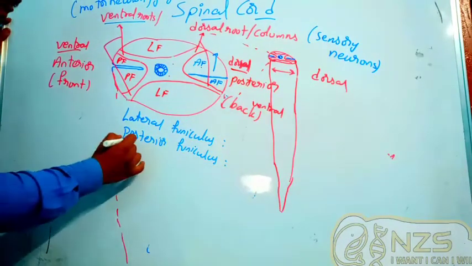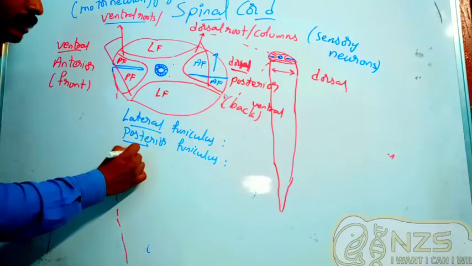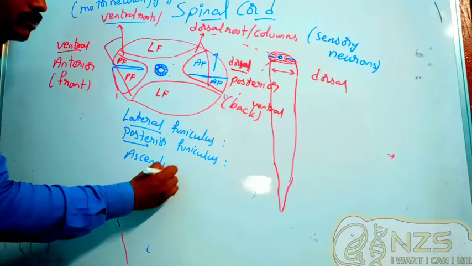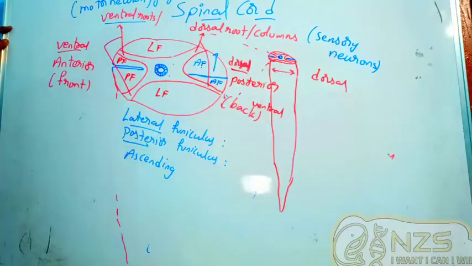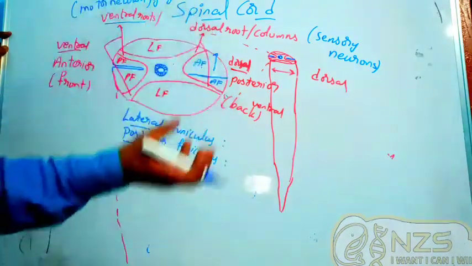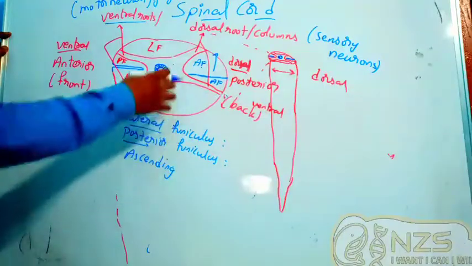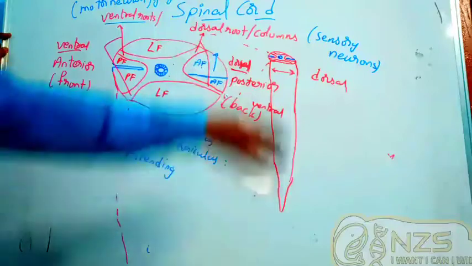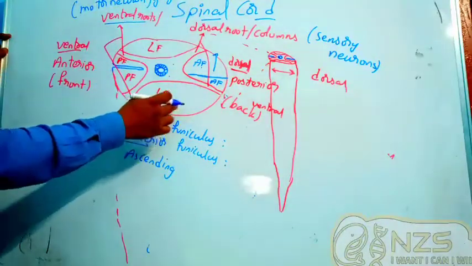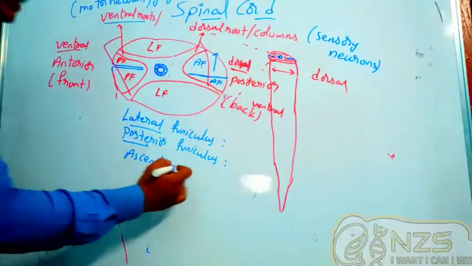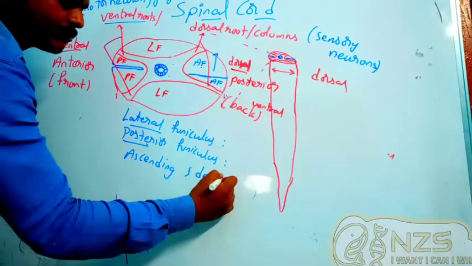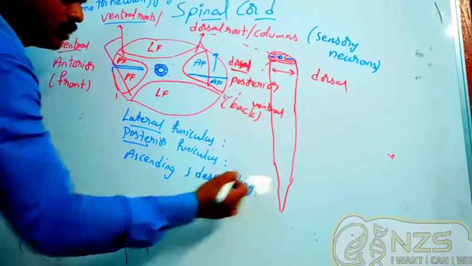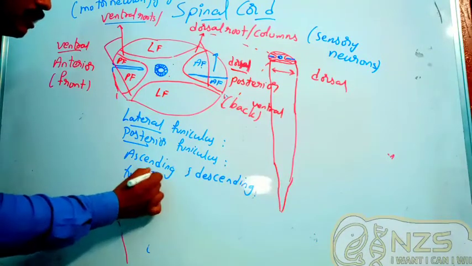Now what are these things? These lateral and posterior funiculi have both ascending and descending neurons. They have the tuft of nerve fibers, like in the cerebral peduncles or the cerebellar peduncles, where the nerves form a batch, a tuft. So here also the white matter is forming a tuft. The tuft is going up and down. Here it goes only up, only ascending, but here the tufts are both ascending and descending. So we have ascending and descending tufts of neurons.